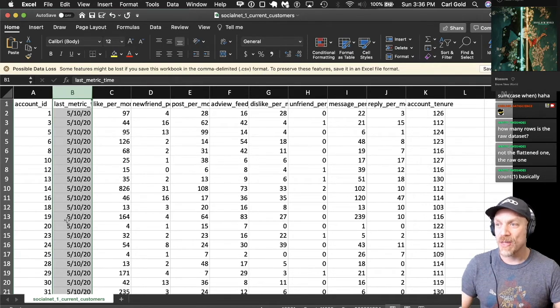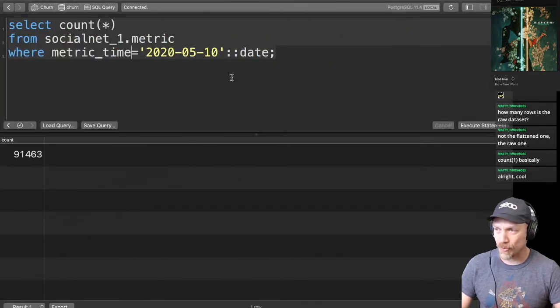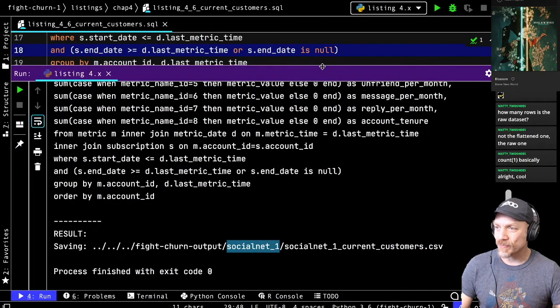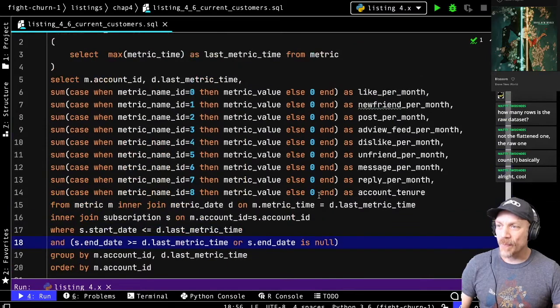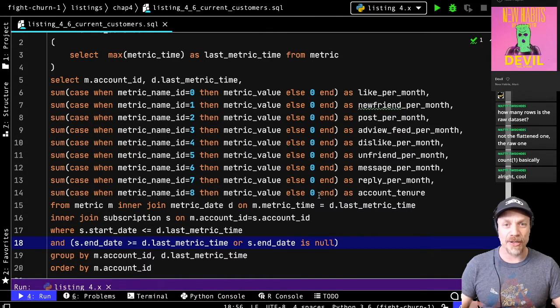values here. So when we calculated metrics, we actually didn't store zeros. Whoops. What do I want to show you? I want to show you the query again. Here. So when we calculated metrics, we actually didn't store zeros, which is something I generally do to save space in the database. Because some of the events could be rare, for example. If you have a very rare event, and then you do a count metric like this, counting the number of events per month, you could just have zeros for most customers.